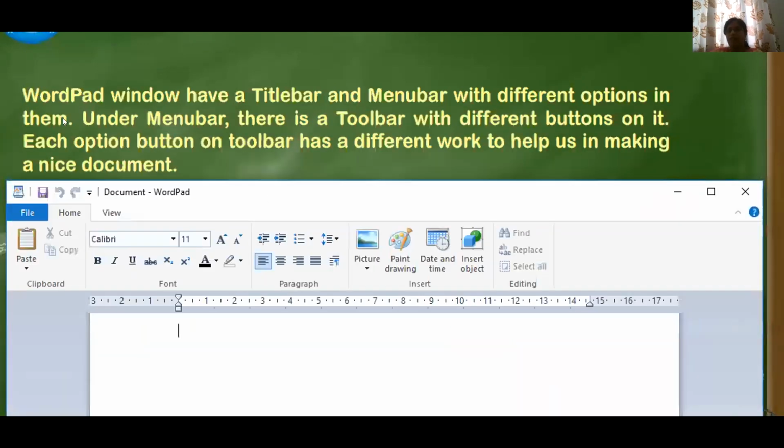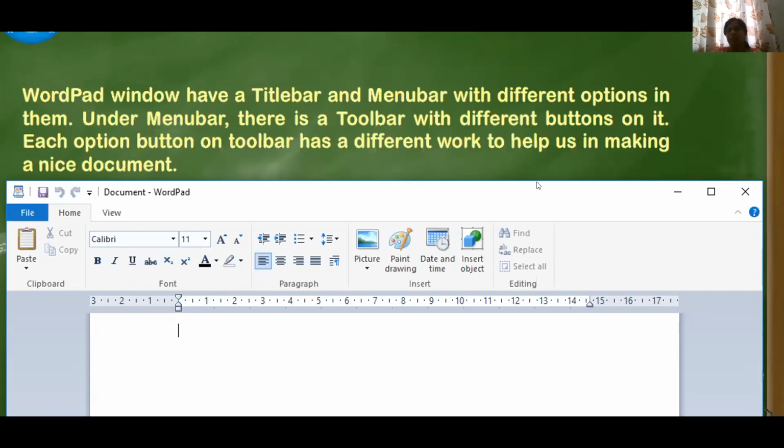Okay, what does it say? WordPad window has a title bar. Where is my title bar? Can you see here, children? It is written as Document WordPad. Yes, this bar where you can see a small picture, two arrows on opposite sides, then I have WordPad written and there is this minus sign, a box, and a cross. Cross is the close button from where I can close it. So this top line of my WordPad is called the title bar.